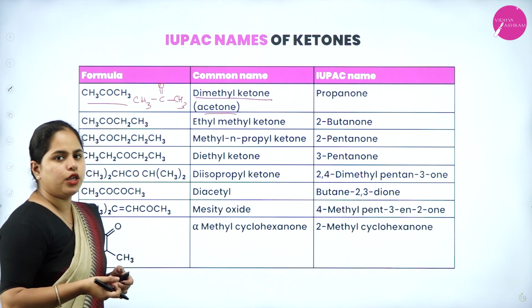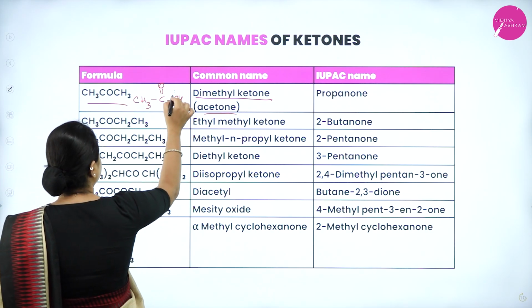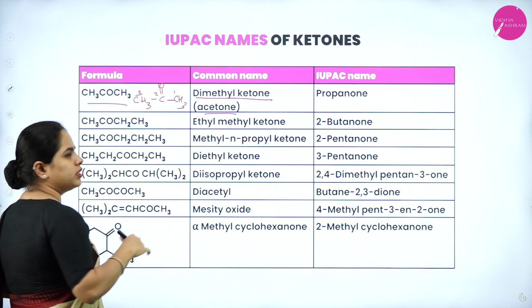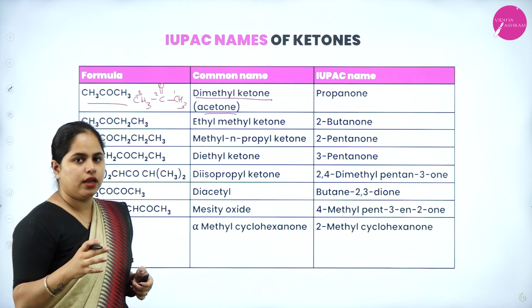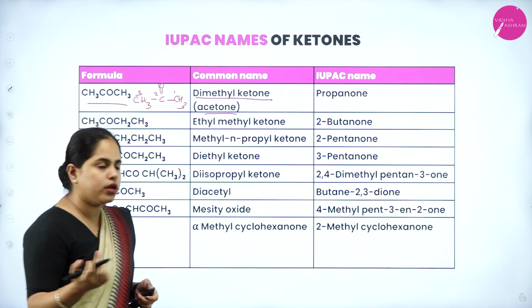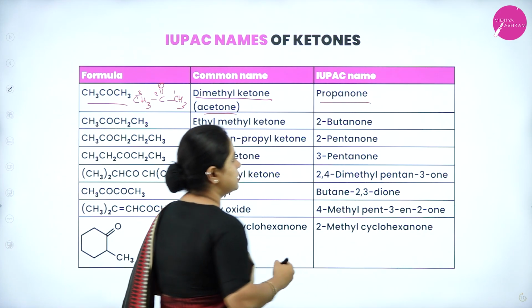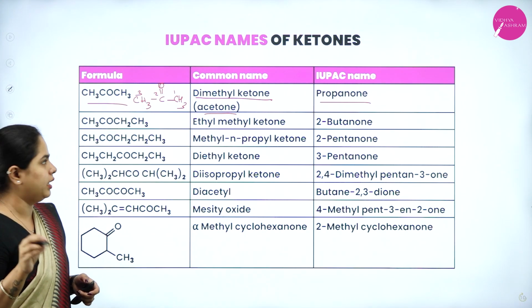So how do you write the IUPAC name? Totally how many carbon atoms are there? 1, 2 and 3. So it is obtained from propane. Instead of E, you are going to put ONE here. So you get propanone. That's it. Instead of E, you put ONE. Next one,